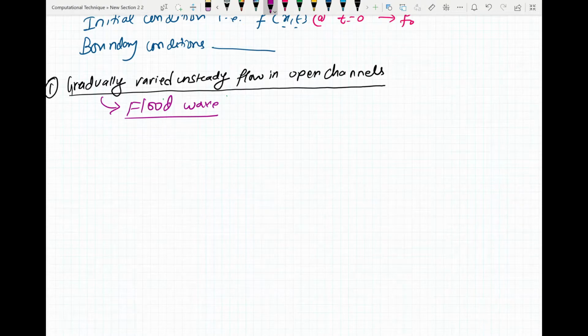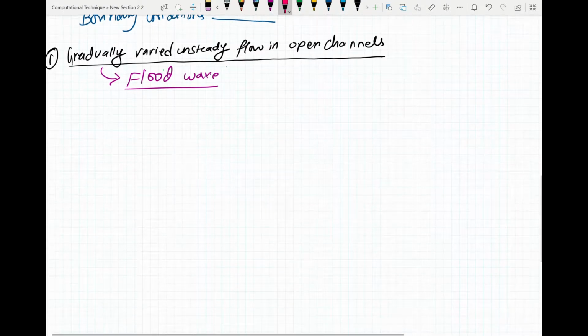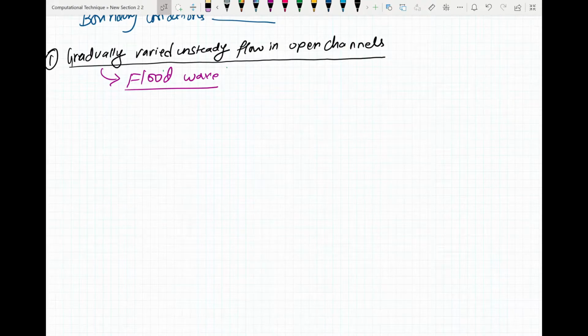Now here we'll have to look into the continuity equation that we also had a look at in the previous chapter. So the continuity equation is dq by dx plus dA by dt equals 0,